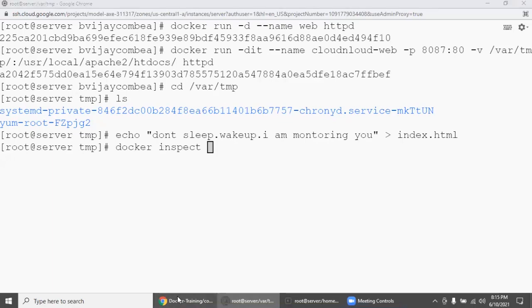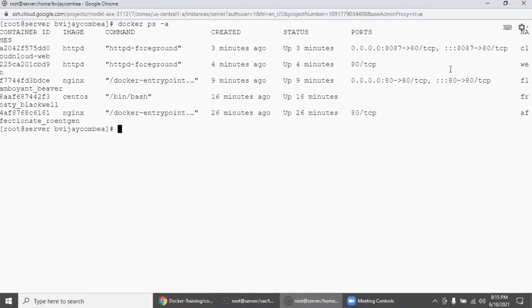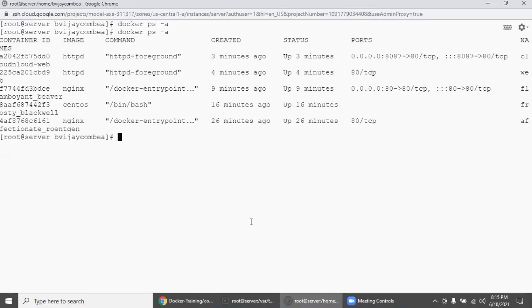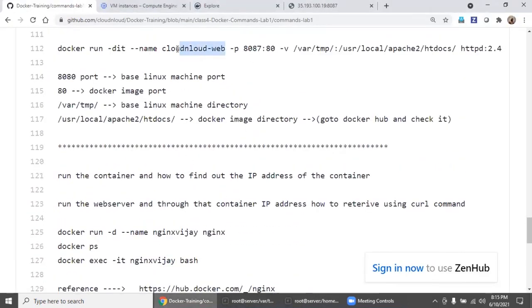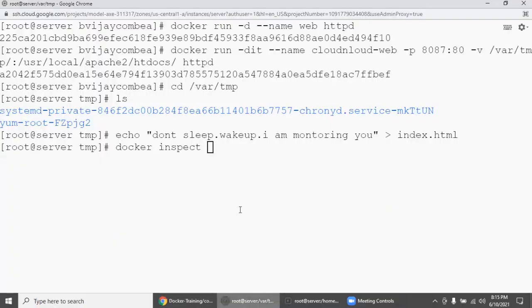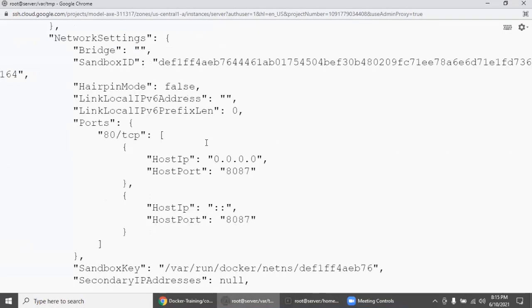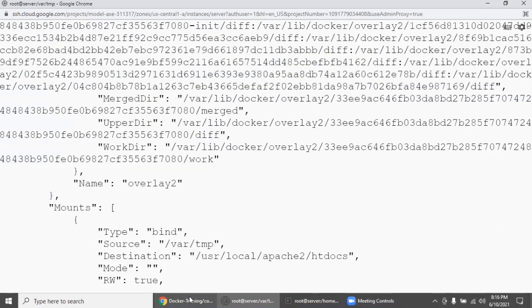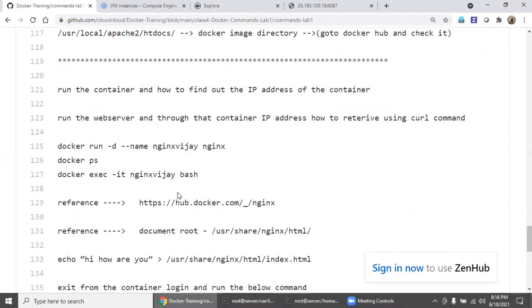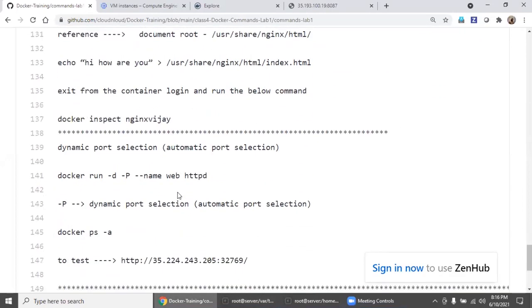But what to inspect? Some running container. What is the running container? Cloud and loud-web. So we are taking this running container name, just now we launched. Enter it. This is the command. Previously also, some time back, we have checked. So inspect is really useful.